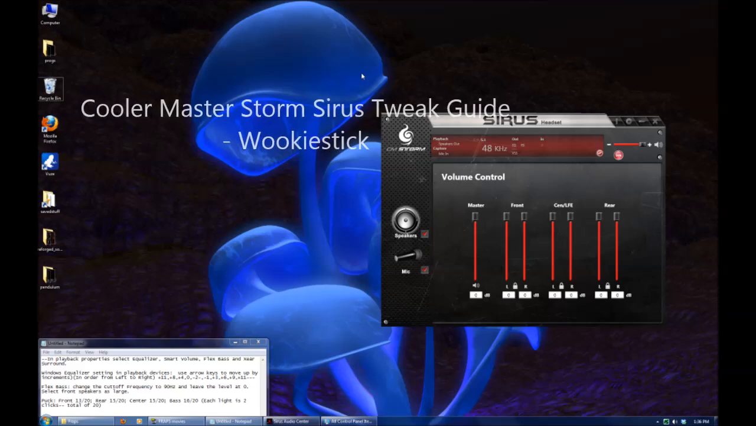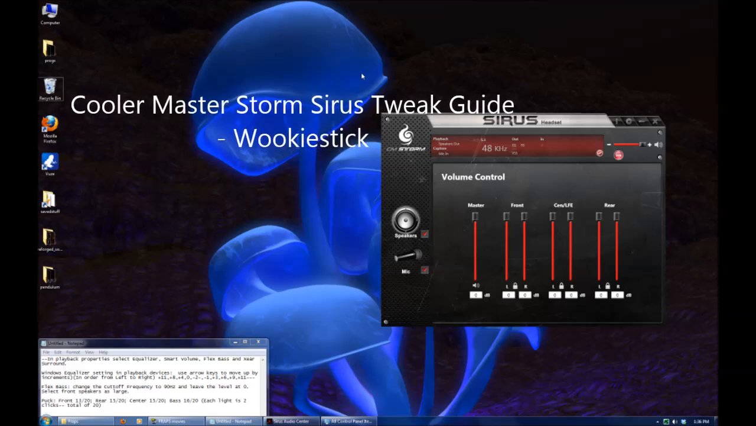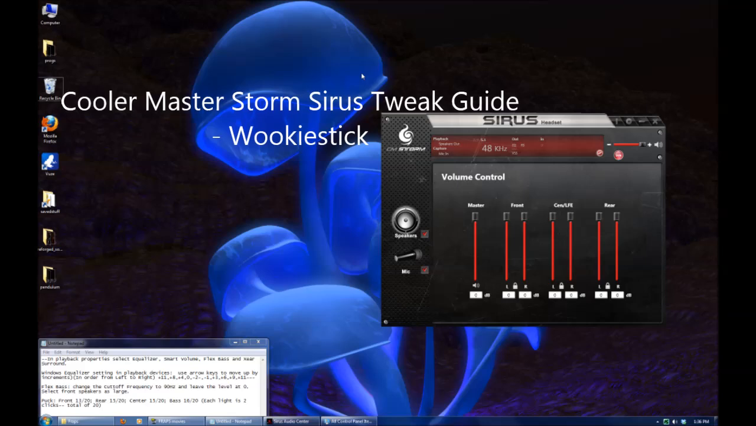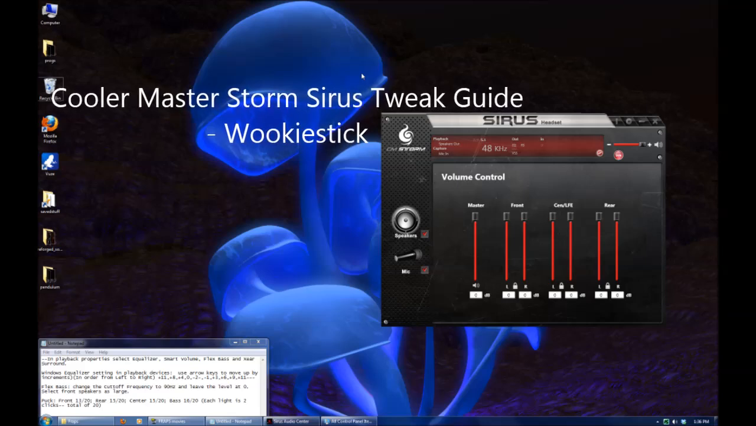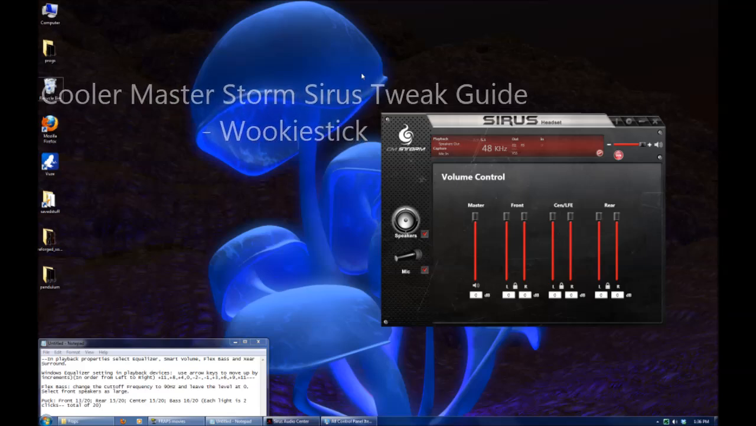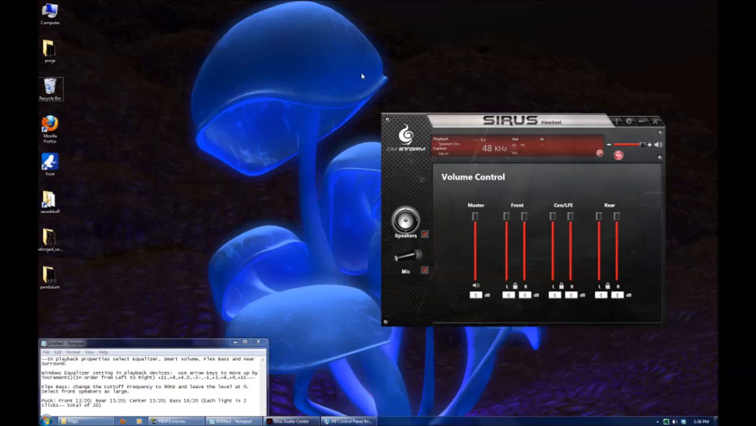YouTubers, this is a tweak guide for the Cooler Master Storm Sirus headset. I've had this headset for not quite a year. It's actually a pretty nice headset. However, out of the box, the software settings don't quite take advantage of what ranges of sound this headset can do. I find that you're missing out on a lot of high and low frequencies